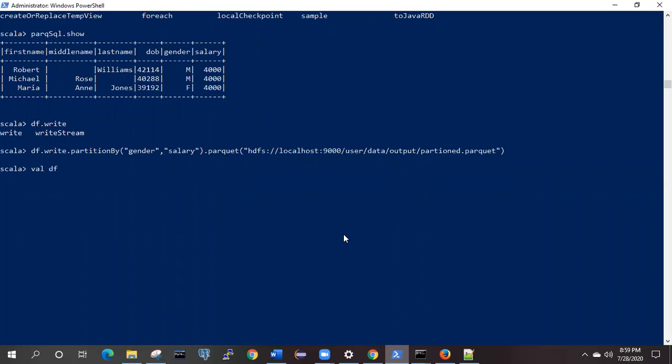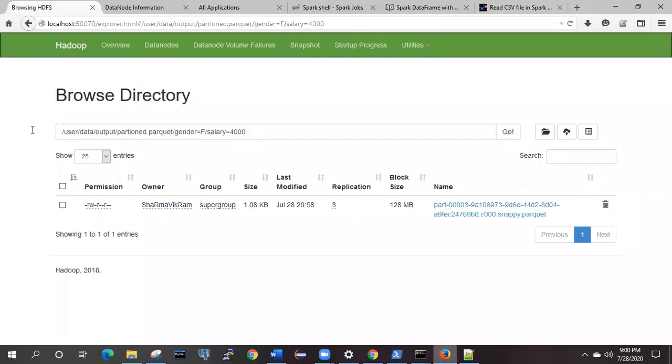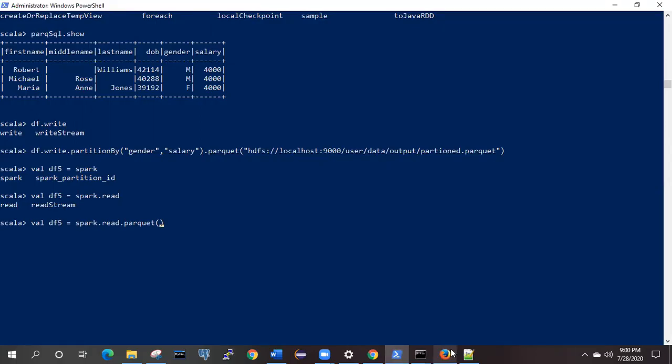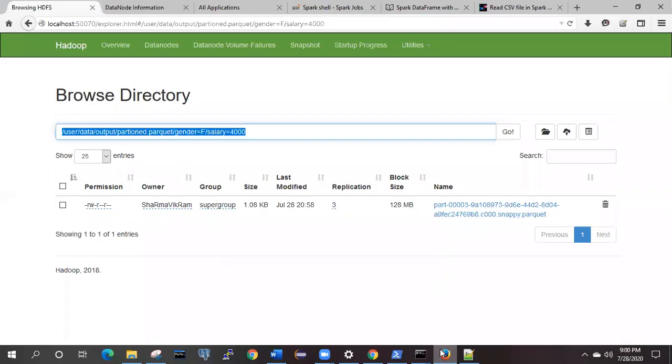Let me try to read it. So spark.read.parquet, and we need to specify the location. In our case, first we need to go to this path itself with the HDFS command. So first we need to copy this HDFS output, and in the output what it is showing, parquet.